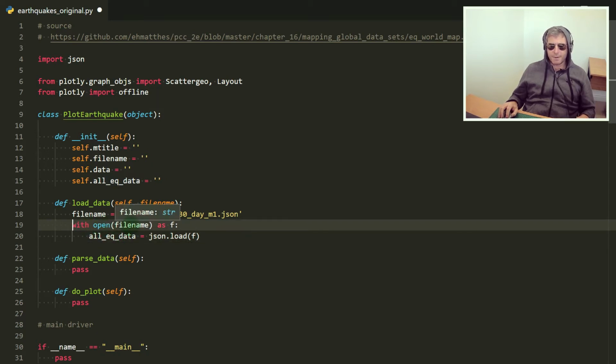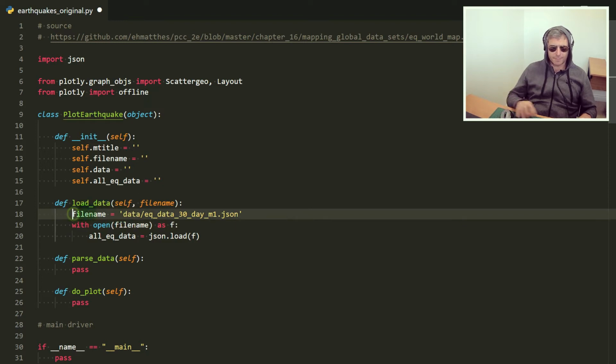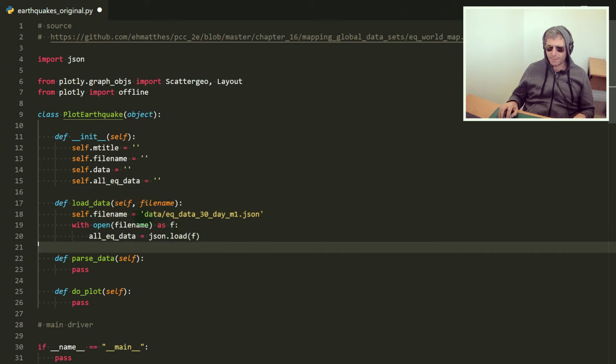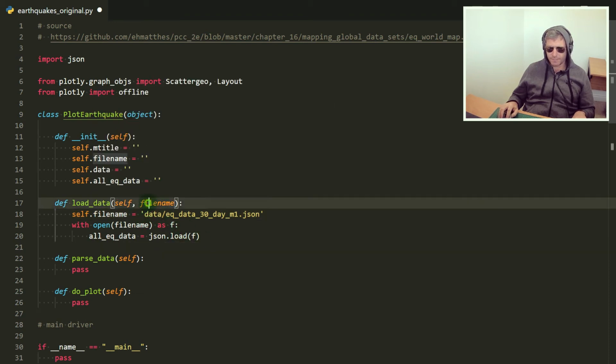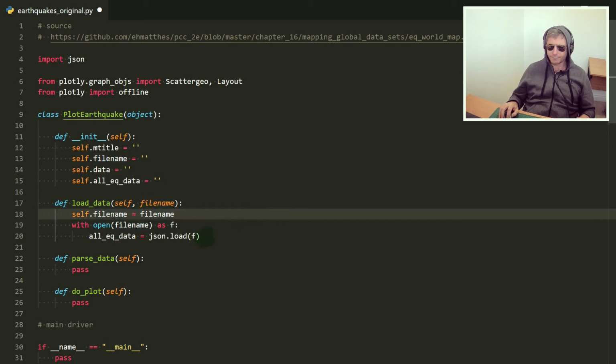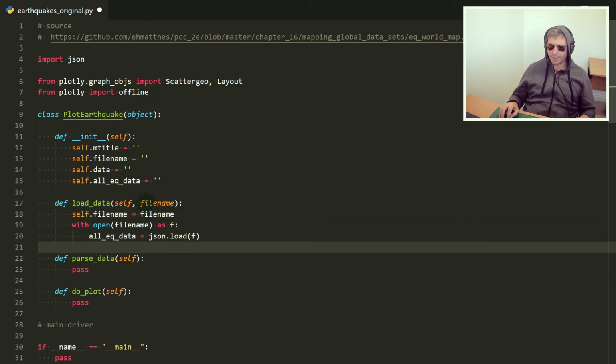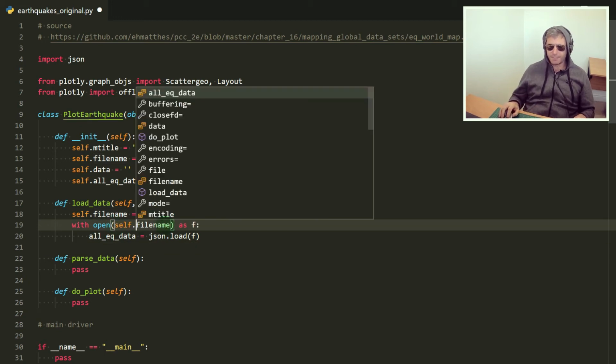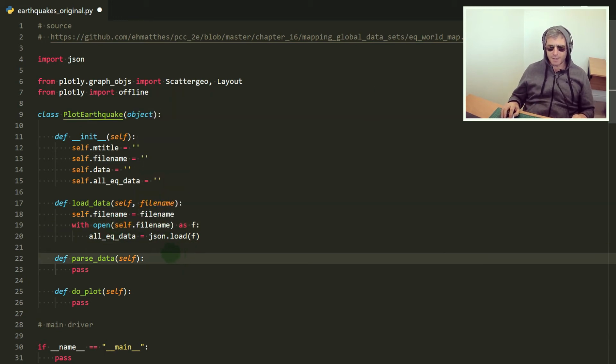Okay, so instead of hard coding the file name, we want to say self.filename, and then it equals the file name which is supplied. So whatever we pass to that method will be loaded here, and then that will go into the self.filename. And then with open that file name, self.filename as file, so then we need to say,